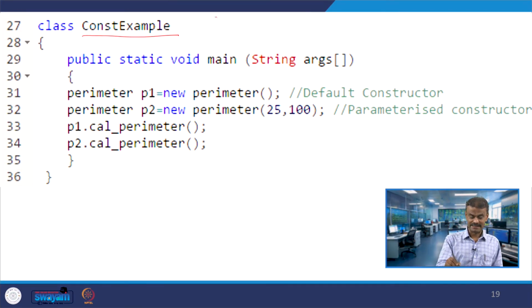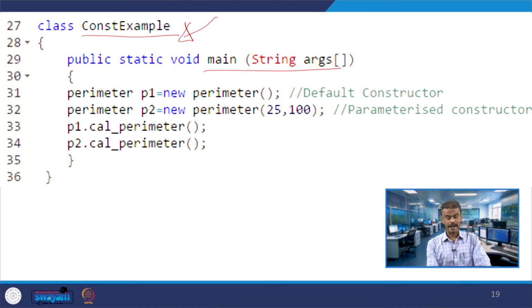ConstExample is the driver class. In the driver class you have a main program. I have two objects here. One is Perimeter P1, P1 is an object. We are using the new operator, and Perimeter() means it is a default constructor. Now you are understanding.